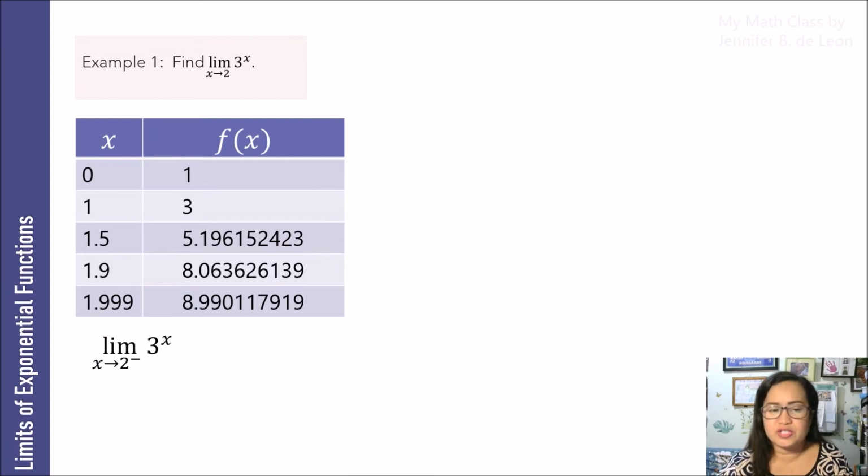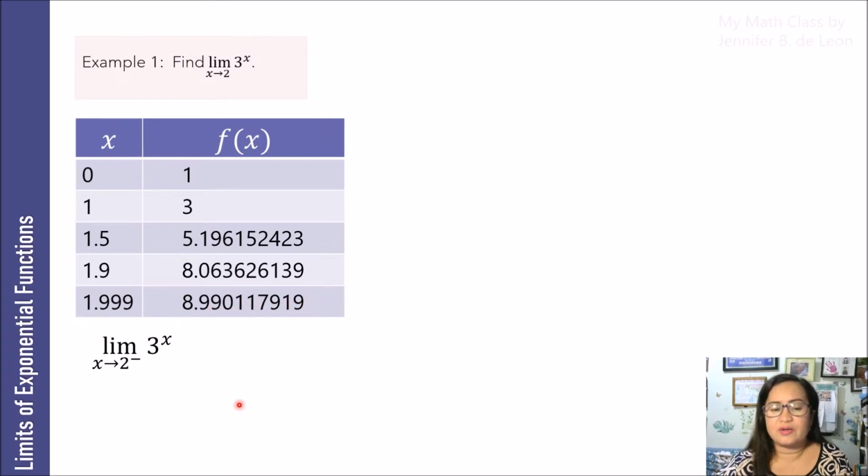So choosing values at the left of 2, we have x equals 0, then we have 1. If we have 1, then f of x will be 3. Then until we have 1.999,